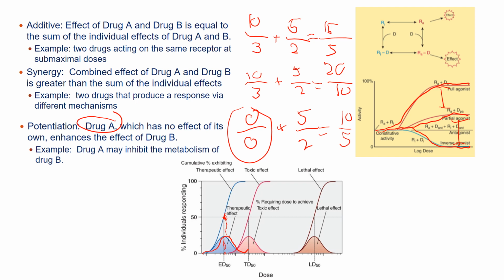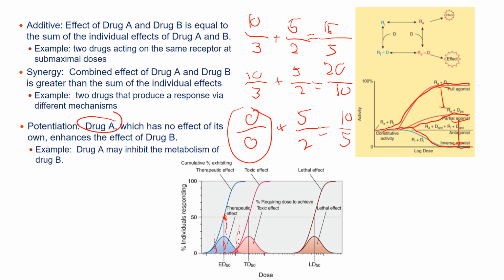Then some people may be a little more sensitive to the drug. They might get their effect a little earlier on. Or some people might be a little less sensitive to the drug. They might need more of that drug, just based on their genetics and how they metabolize it, in order to see benefit from that drug. Now, this can be problematic, especially for the people on the higher end of the spectrum,